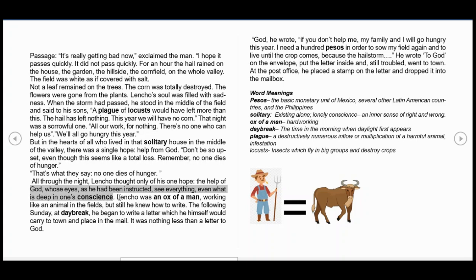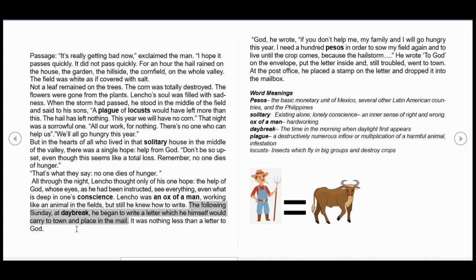Now Lencho was an ox of a man. Now what does that mean? An ox of a man means he was a hard-working person. He worked like an ox in the field. Although he was a farmer, hard-working farmer, he still knew how to write. He could write. So the next day early morning at daybreak, which means at dawn, he starts writing a letter